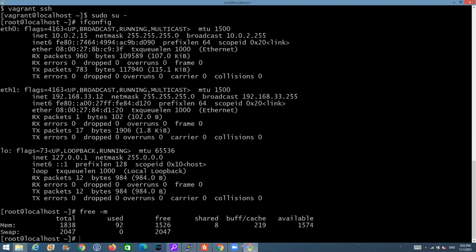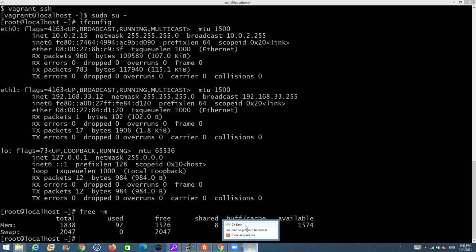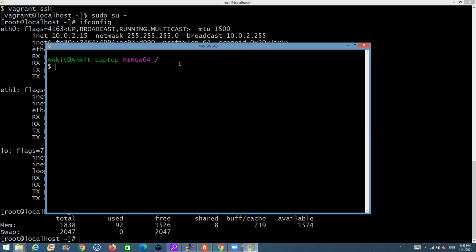Now, similarly, if I wanted to create one more VM, I already have the two VMs running. Similarly, I can copy the Vagrant file and change the IP and run the Vagrant up. So what I can do is, let me do that as well quickly, and then we will be basically ready.